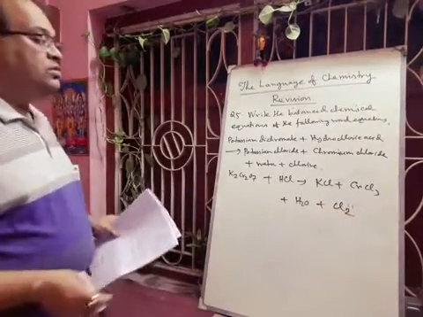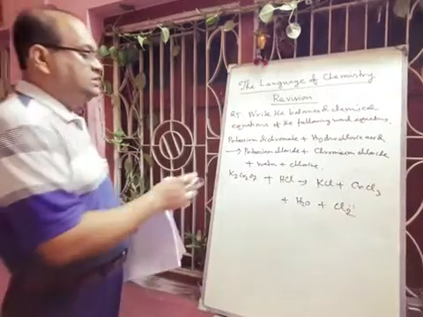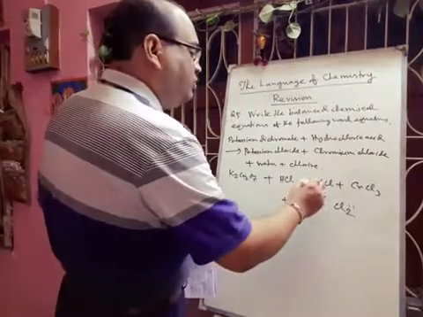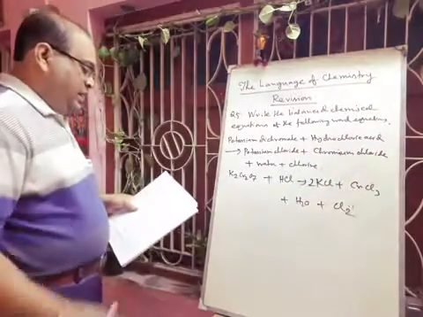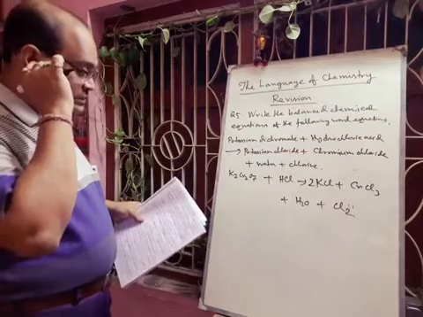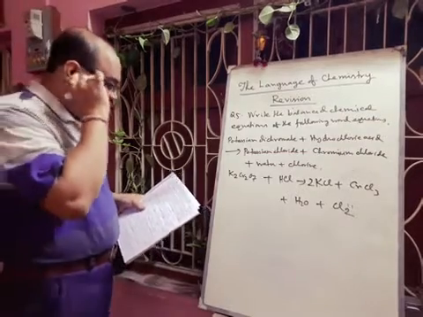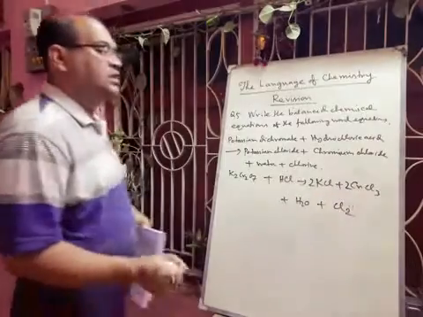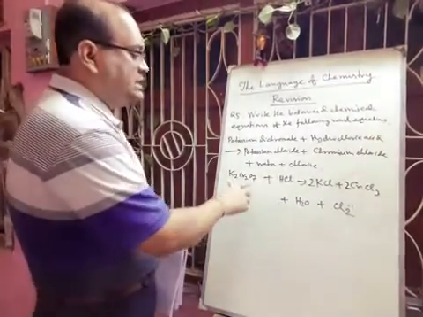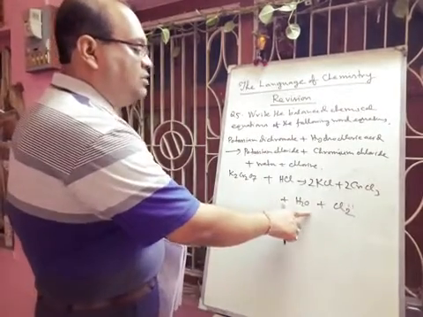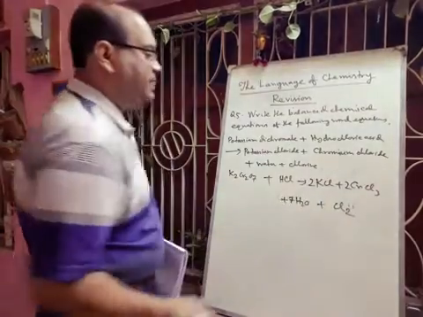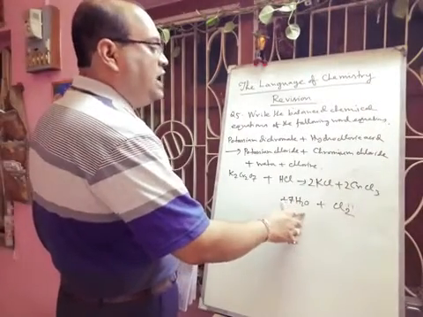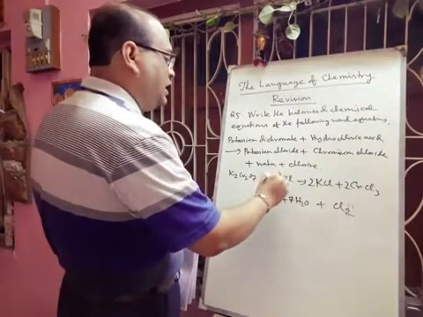Now you have to balance this equation. Now here first you see this side 2 potassium is there and here 1 potassium is there. So definitely you have to put 2 here. Next what we will do, that chromium. Chromium this side is how much? This side is 2 chromium atoms. Here 1 chromium atom, so we will put here 2. Next one is oxygen. This side 7 oxygen is there and here only 1 oxygen is there. You can multiply it by 7. Okay. Now here 7 into 2, 14 hydrogen, and here 1 hydrogen, so you have to write 14 hydrogen.